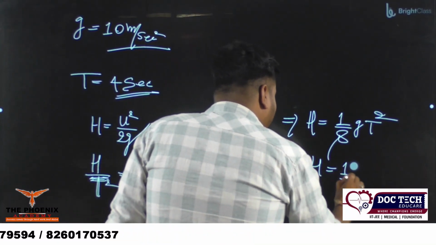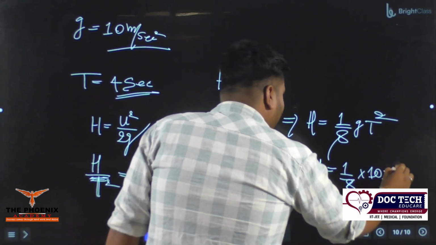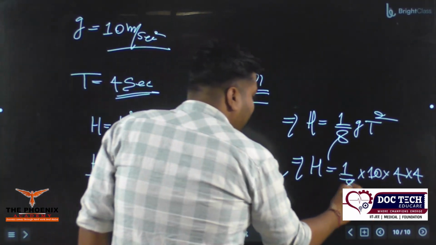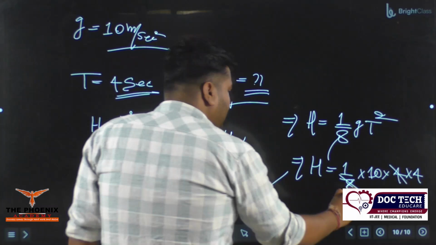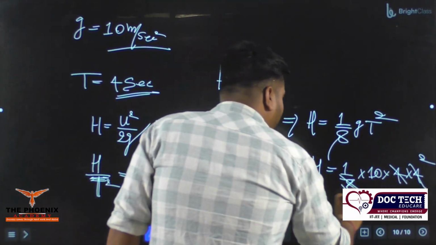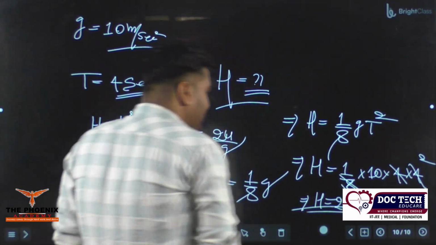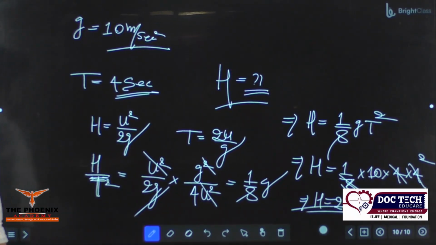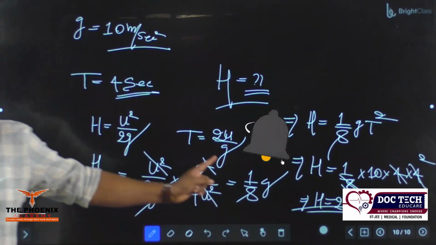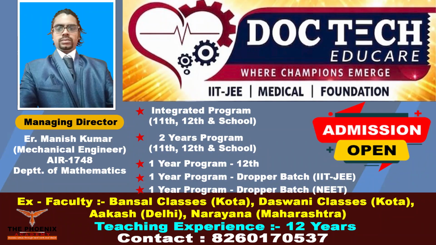1/8, g का वैल्यू डाल दीजिए यहाँ पर 10, 4 का स्क्वायर दैट मीन्स 4 इंटू 4, 8 से 1 4 गया, इधर 2, 2 से 1 इधर गया 4 से, ये रहा 2, 2 मल्टीप्लाई बाय 10 क्या हो गया h इक्वल टू 20 मीटर। h 20 मीटर मिला, हो गया। ये सब जिसका 20 मीटर आया है वो खुद को एक शाबाशी दीजिए, जिसका नहीं आया है वो मुझे एक शाबाशी दीजिए, हो गया।